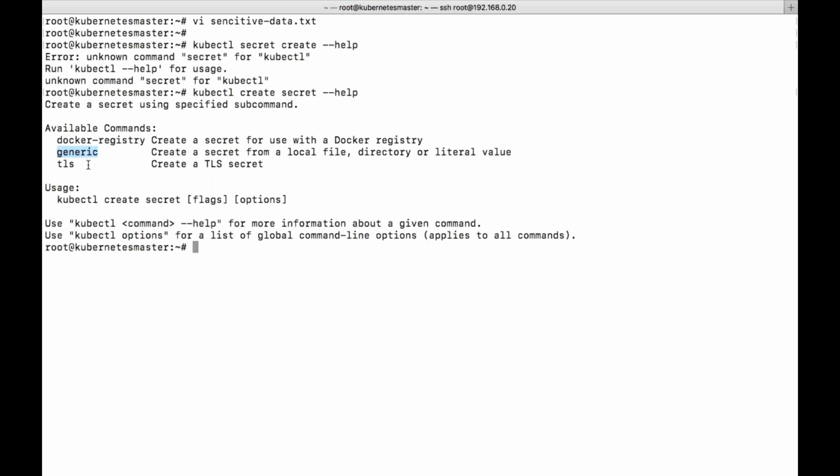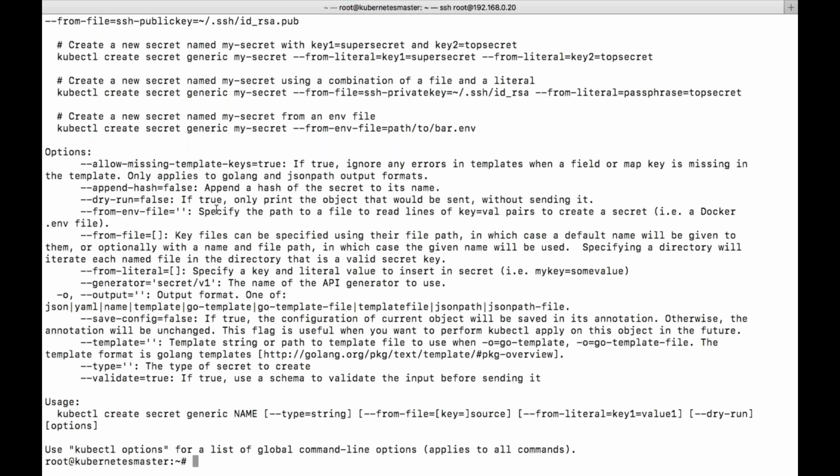So let's use it. kubectl create secret generic. Generic definition. You can see there are a lot of options and examples also. A single secret may package one or more key value pairs. Key value pairs in the sense username, let's say admin, password, your actual password. So these are like key value pairs.